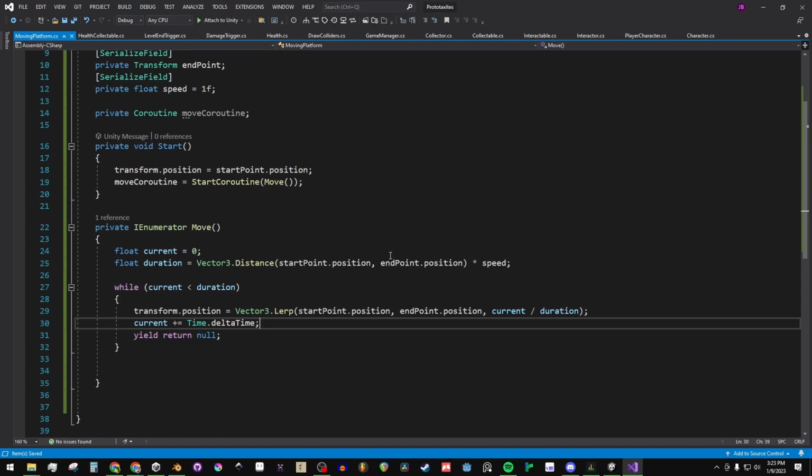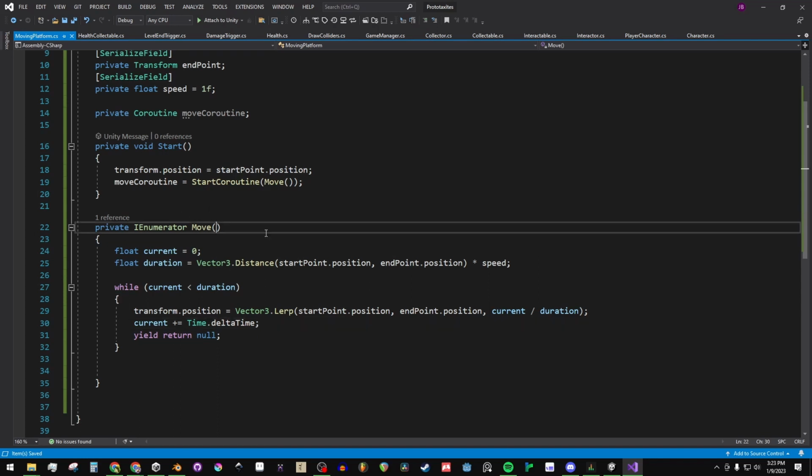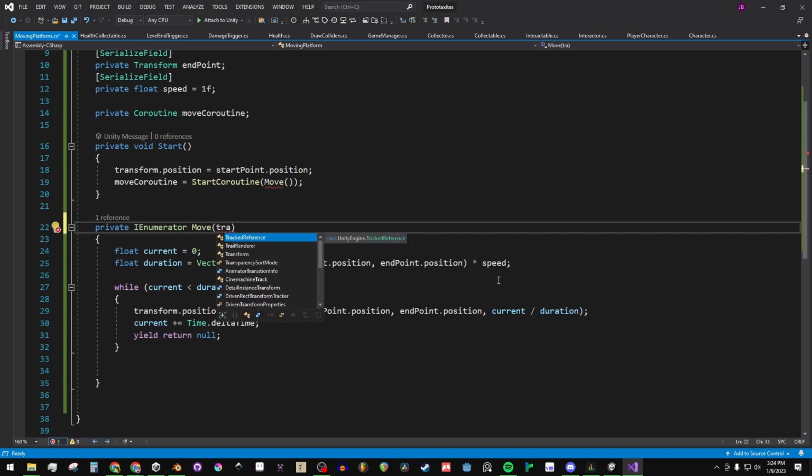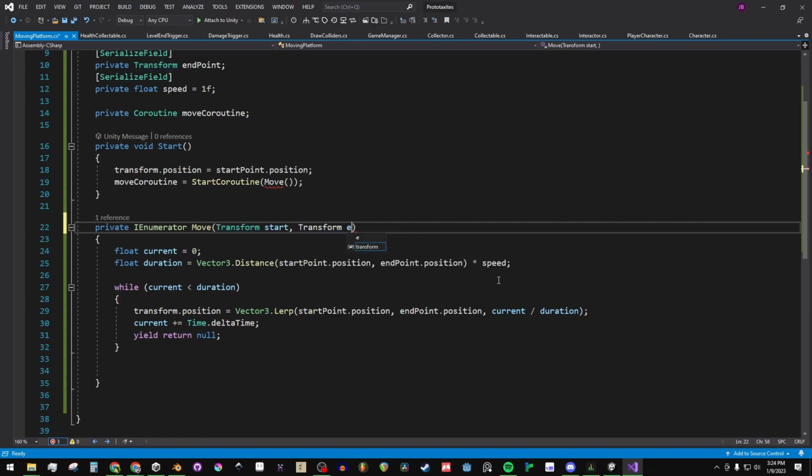Let's see. One easy way we can do this is we can pass a parameter into this coroutine. So we'll do transform start, transform end. So rather than using a start point and end point,